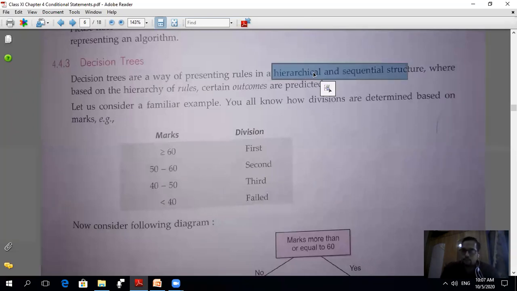Hierarchical means it shows the levels from top to down or bottom to top. One level, two levels, three levels like this. So it shows the hierarchy. So a decision tree is a way of representing rules in a hierarchical or sequential structure where, based on the hierarchy of rules, certain outcomes are predicted.